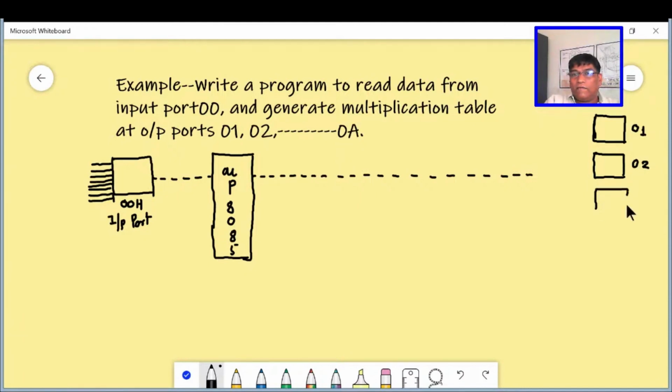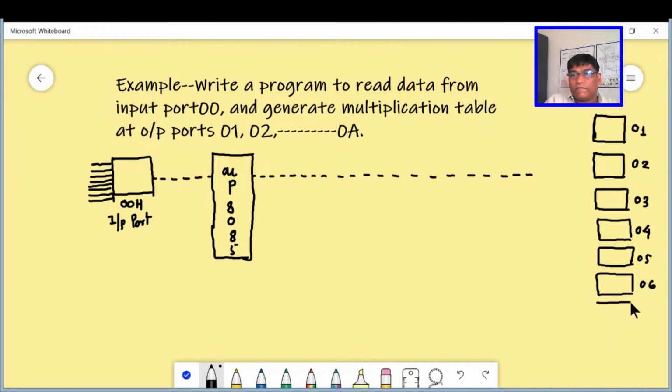Then we'll have 03, we'll have 04. These are all output port addresses. 05, 06 as you are seeing.